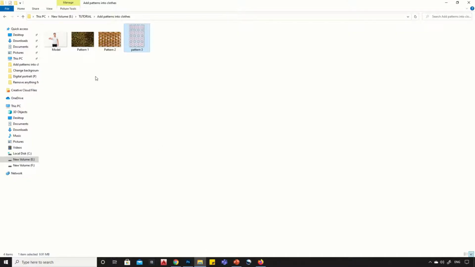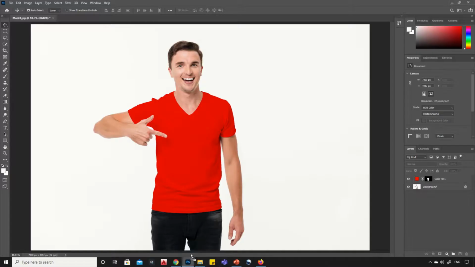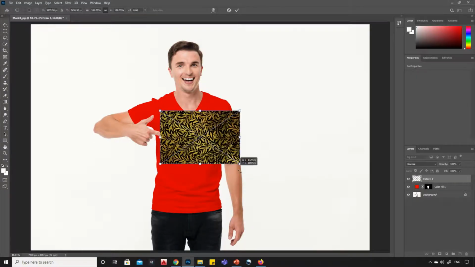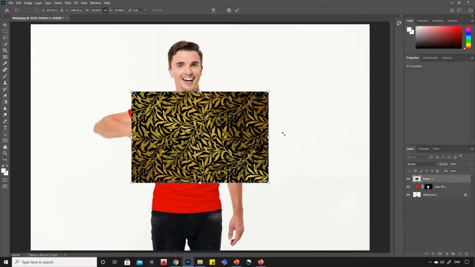Now, drag and drop the image of pattern that you want to apply. Adjust its size and orientation according to the t-shirt.